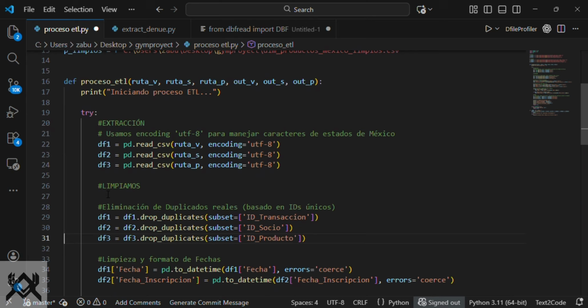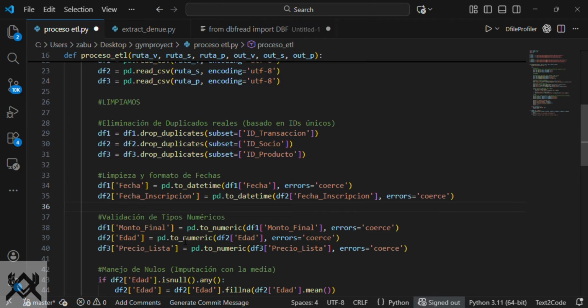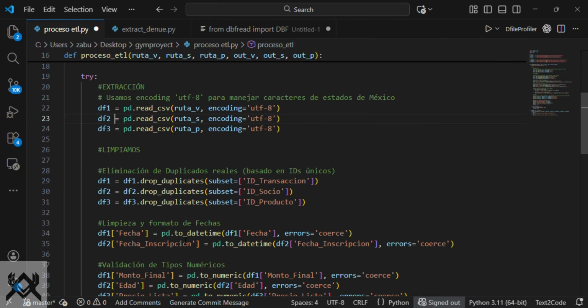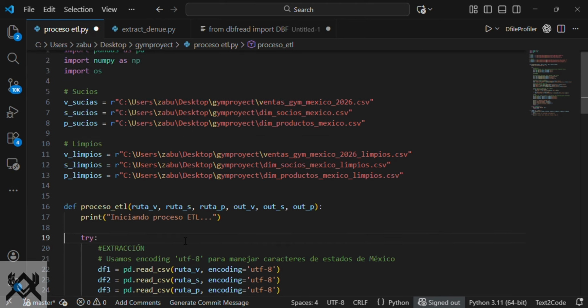In this case, remember we treat the CSV files by ID transaction, ID pattern, and ID product. Now I am going to clean and check the date format. In this case, df1 belongs to the CSV file.